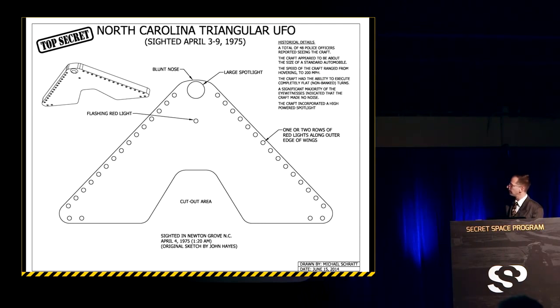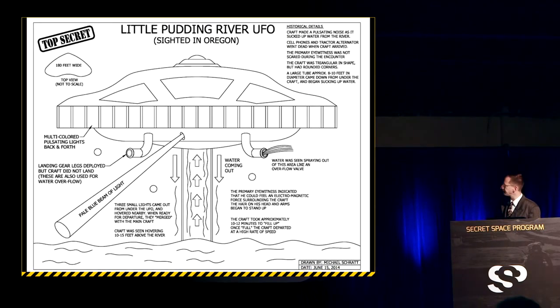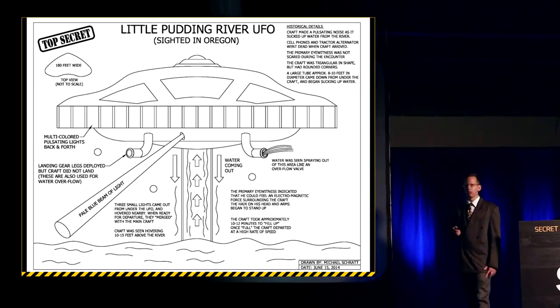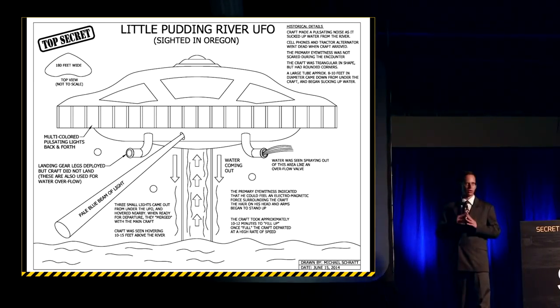This is the cutaway drawing here and shows you kind of an isometric view. This is the row of the lights on the leading edge of the craft. Again, this cutout section is another motif that we see throughout these different craft. Now, this is a very interesting case that I got from David Marler, who is the premier researcher in triangular